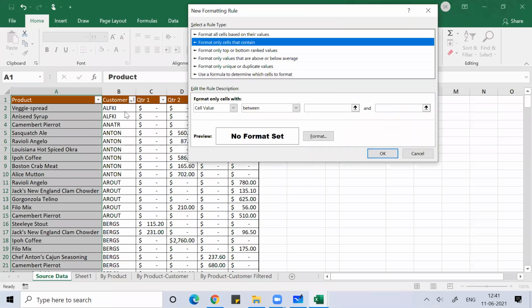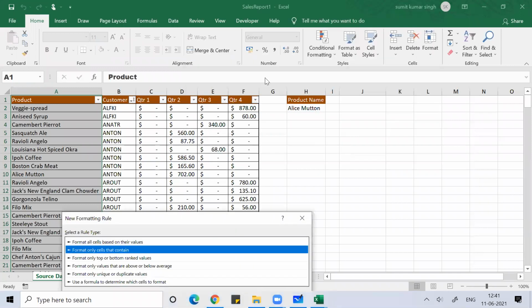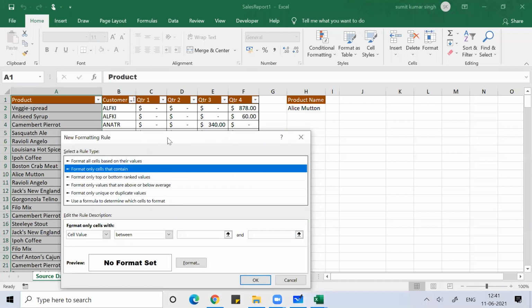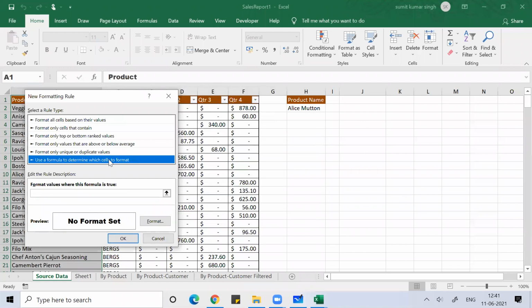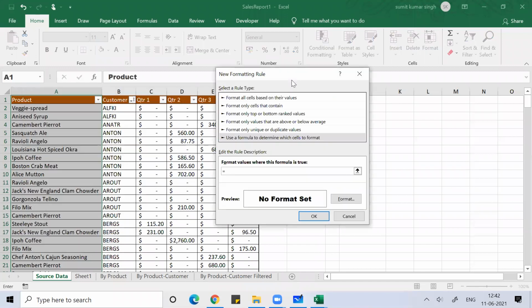If this is equal to, let me just drag it down. Use a formula to determine which cell to format. Click on your first cell, whichever is your first cell.